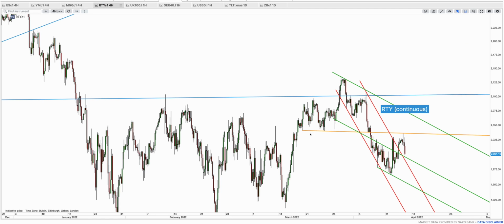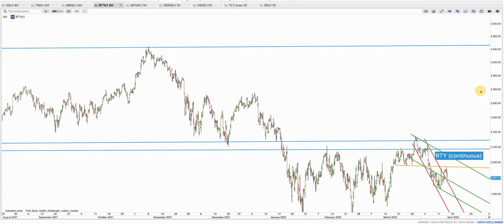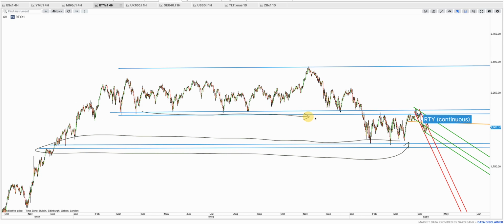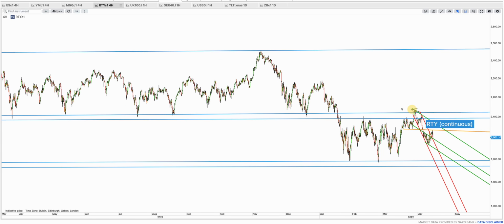Russell, the RTY, so it has been correcting. So this is the long-term view. Okay, that blue support, and then sideways you can see here that resistance. So this was the major support that was broken at 2,150. It was broken, back tested, back tested, back tested, and this is even a deeper back test, but it held. So this blue resistance at